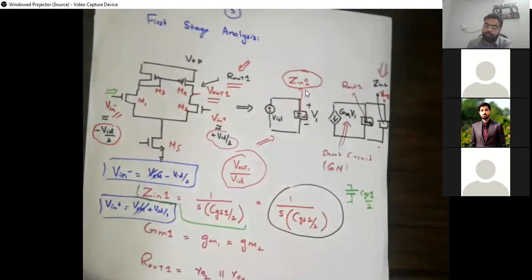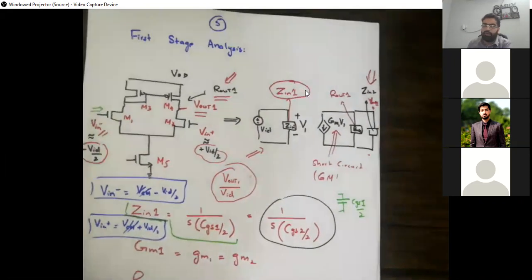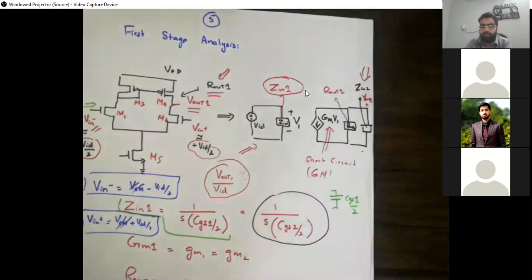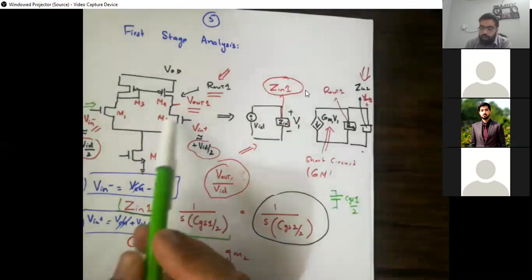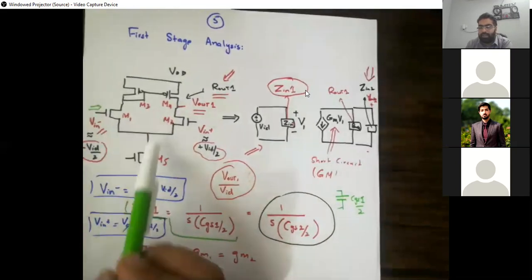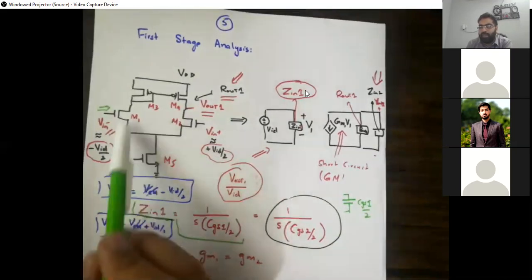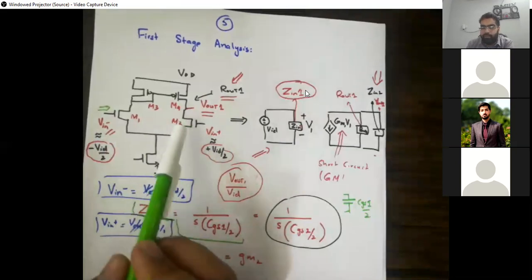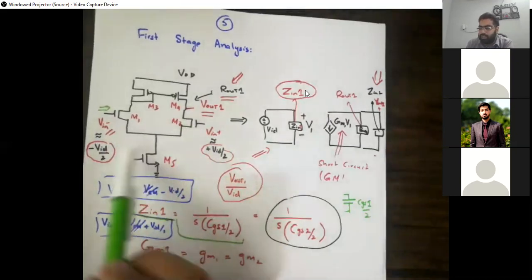And then comes the GM. GM, अगर आप लोगों को याद हो, we want to normally find by shorting out the output and try to find I out by V, the I short circuit by the voltage. So if we try to do that, I short circuit by the input voltage जो भी हमारे पास उस time होगी, that's going to be GM. So if you remember, that's something clear in this circuit कि अगर मैं GM find करना चाहूँ, capital GM, वो क्या होगा इस circuit में?